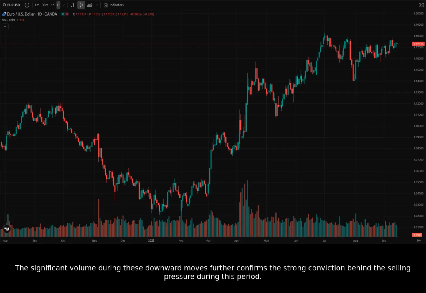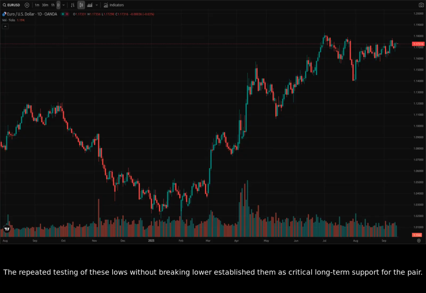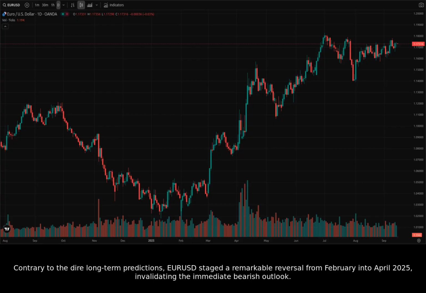The significant volume during these downward moves further confirms the strong conviction behind the selling pressure during this period. The repeated testing of these lows without breaking lower established them as critical long-term support for the pair. Contrary to the dire long-term predictions, EURUSD staged a remarkable reversal from February into April 2025, invalidating the immediate bearish